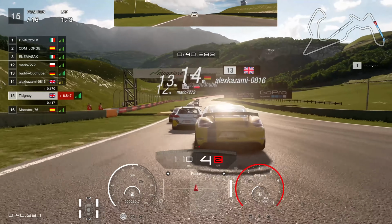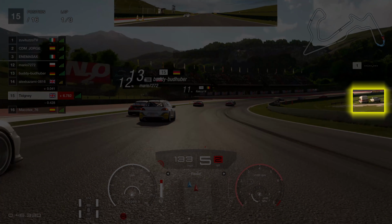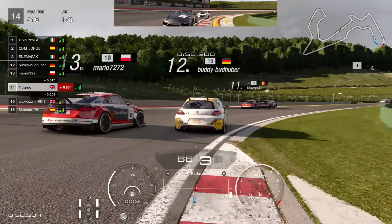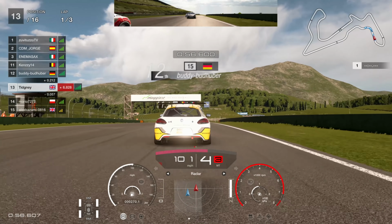So heading down here, we're sort of behind a Porsche here, which is an unusual choice. Shout out to Alex for choosing that car. But on the right side, we have an ambulance. And we have a pickup truck. So you're going to use them just before they hit the edge of your screen. That's when you're going to brake. Now, I've tried both fourth and third gear for this corner. Third gear, you get wheel spin, but it's faster in the Scirocco to be in third gear. So just keep that in mind as Mario just gets pushed out a little bit there by Buddy